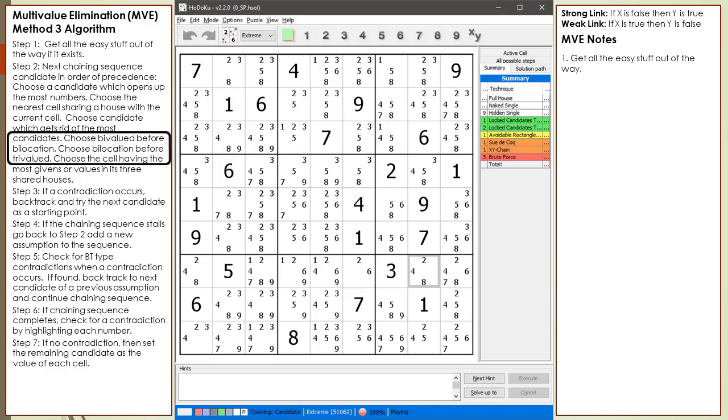And fourth, we choose bi-valued cells before choosing bilocation cells. And we choose bilocation cells before choosing tri-valued or quad-valued cells as the next cell for having an assumption candidate in the chaining sequence. Bi-valued and bilocation cells are especially important because if we encounter a contradiction and we flip